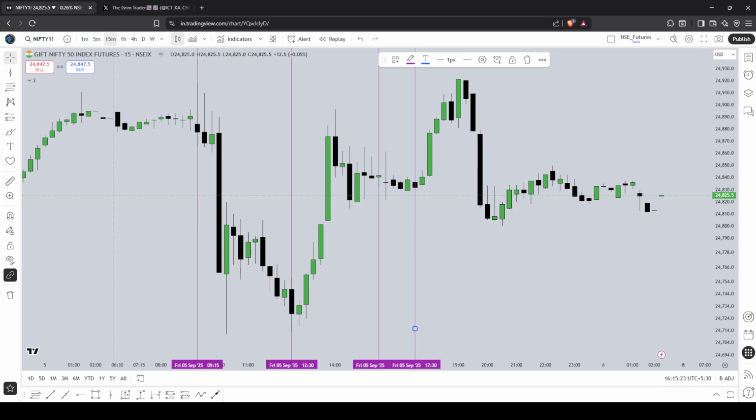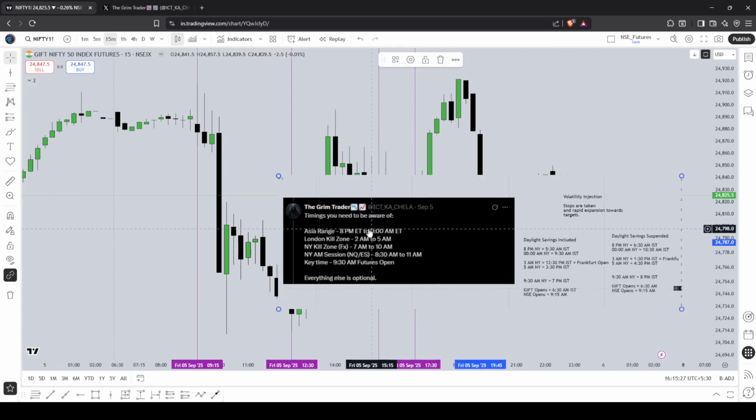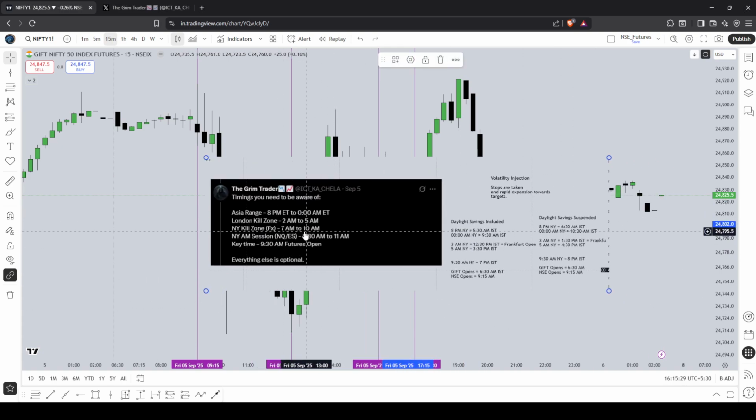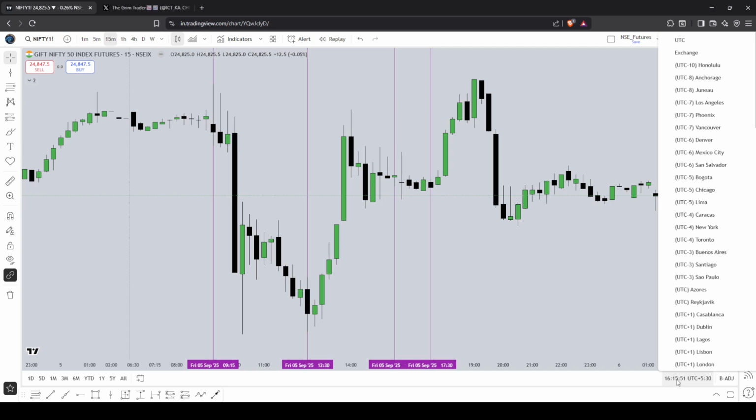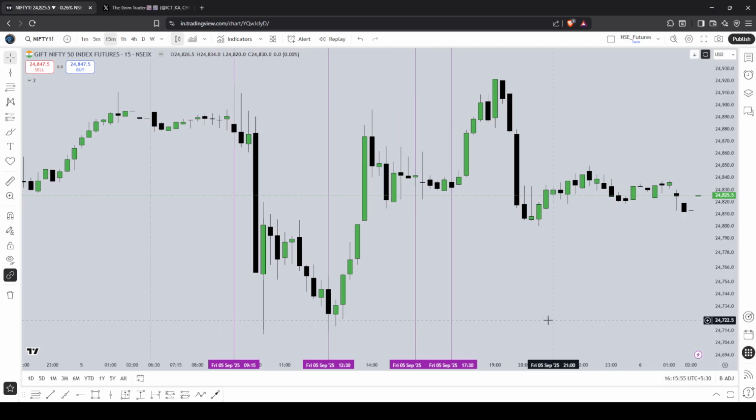New York. If you remember, 7 a.m. to 10 a.m. is the New York AM session kill zone. This is where the New York AM session begins. So 5:30 p.m. is 7 a.m. New York. This is with daylight savings. Currently, we have daylight savings on until the end of November. Just keep that in mind. Or if you want to verify, you can just change the clock here. Don't worry about it. Change it to New York, check what time it is, match it up, and then change back to Indian time.